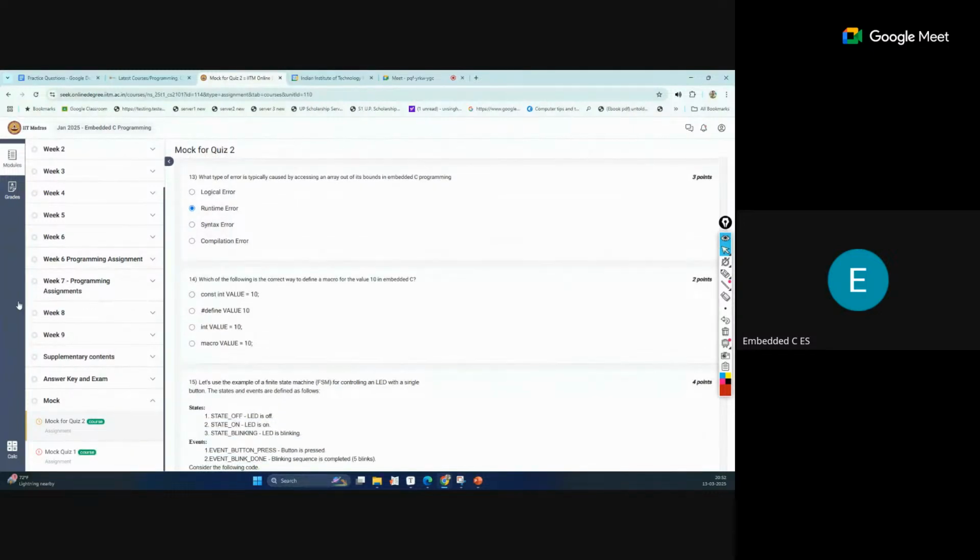Okay, this is the 14th question. Which of the following is the correct way to define a macro for the value 10 in embedded C? If you remember, we learned macros in the last week of C programming. So how do we define macros? Which one is the correct syntax?